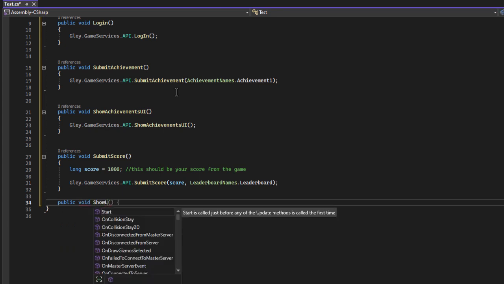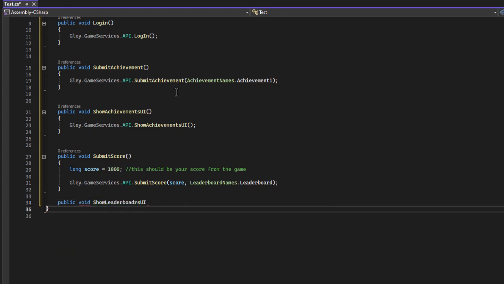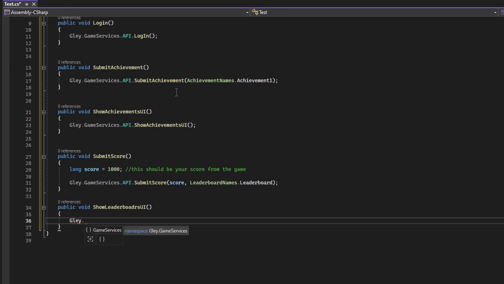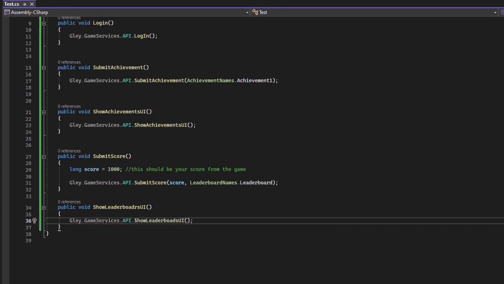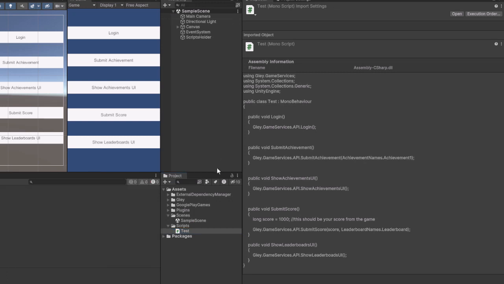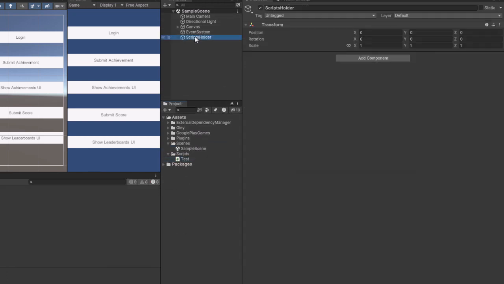As we did for achievements, we can show the built-in leaderboards UI. Now, I will assign all the methods to the buttons.